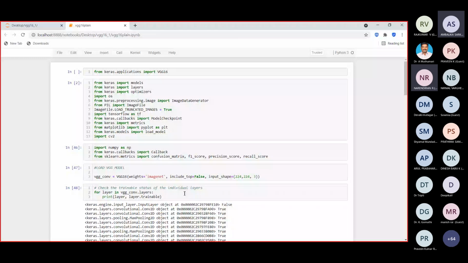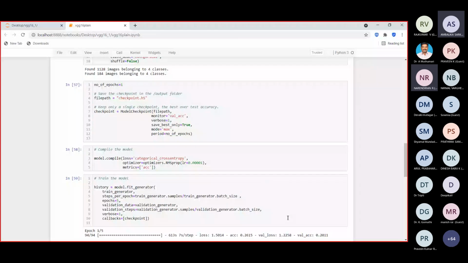We will go for that freezing concept, and I will show you how this freezing concept is made use of here. So this is the output of this program coding, which is VGG16.